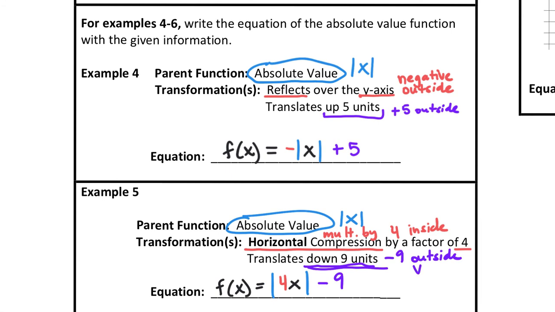Right, and because what I've highlighted in purple, that's a vertical translation. So I'm going to put VT up here and VT down here. So any vertical translations happen outside. And if it says up, then you're putting plus. If it says down, you're putting minus, right? And then there's,